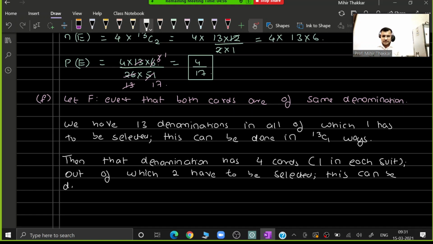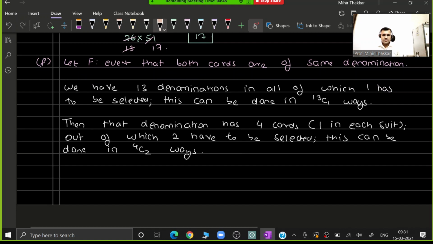This can be done in 4C2 ways. Therefore, guys, your n of F will be equal to